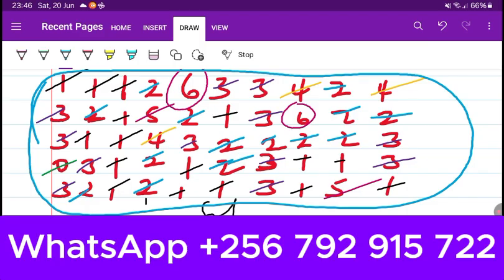Now, I want us to look at what we call the grouped frequency distributions. Grouped frequency distributions. But before we look at the grouped frequency distributions, one thing I want you to appreciate is the fact that this quantitative data